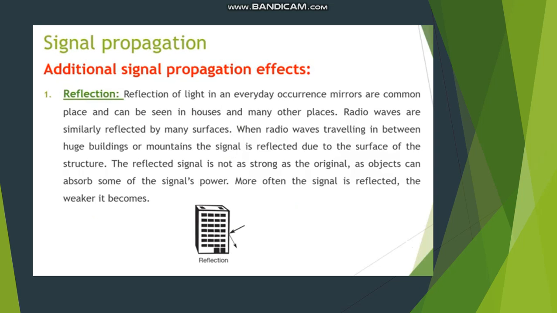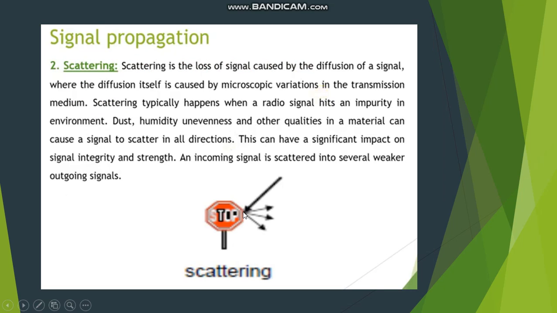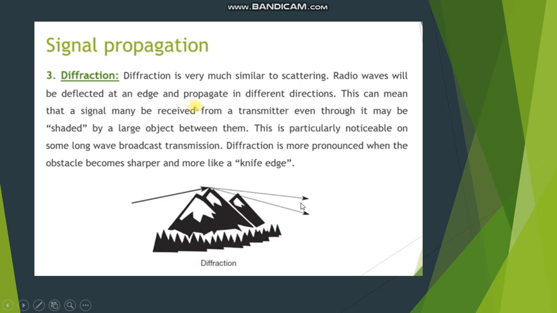So out of that, what we saw first was reflection, that whenever we hit a surface, the signal is reflected. That reflected signal is always with low strength. Next, we saw scattering, because a material medium tends to divide the original signal into two or more parts. The entire power gets divided equally. Next is diffraction. Diffraction is similar to scattering. The only thing is diffraction takes place when we have a knife edge kind of object.